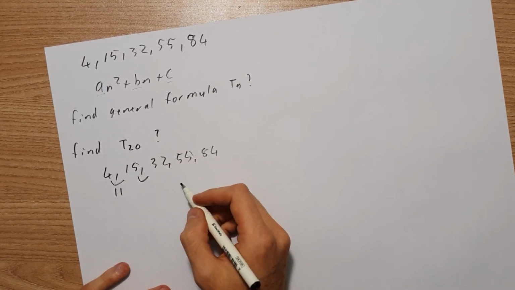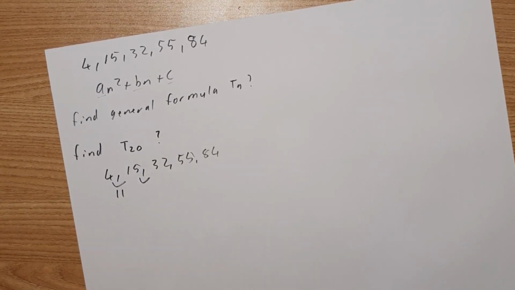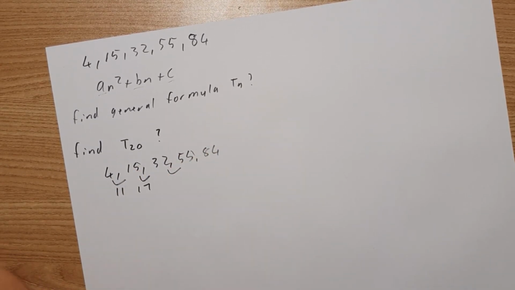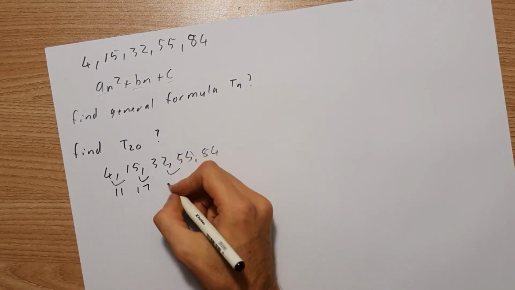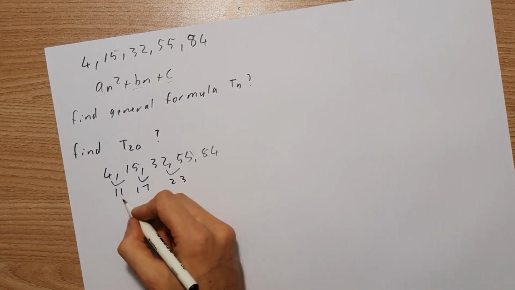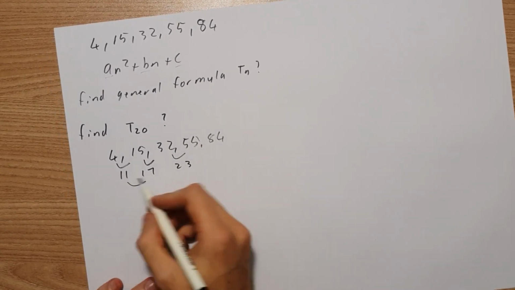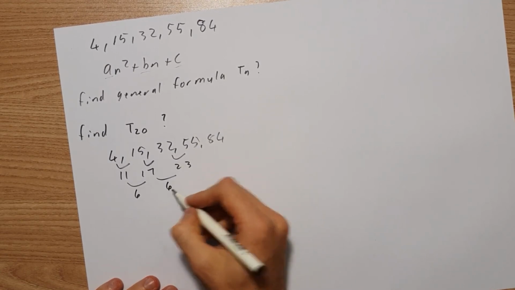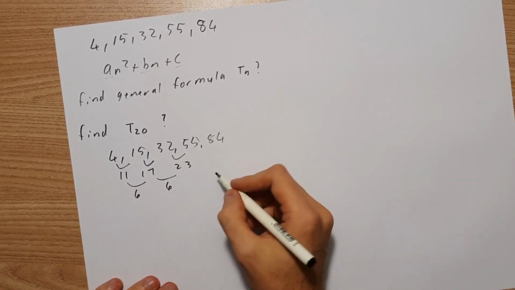The distance between 32 and 15 is then going to give me 17. Then 55 minus 32 is going to give me 23, and so on. So you can see that the difference between 11 and 17 is 6. The difference between 17 and 23 is 6. So my second common difference